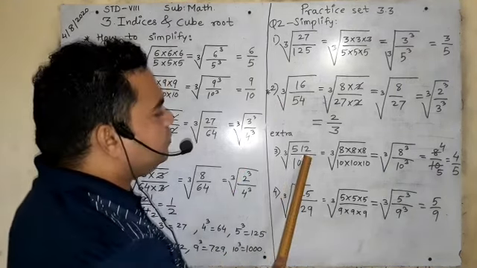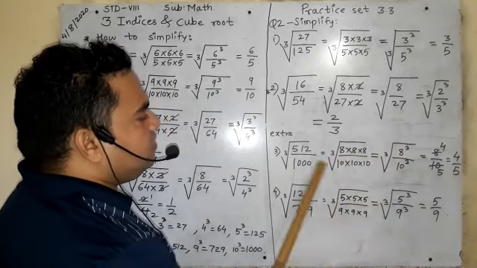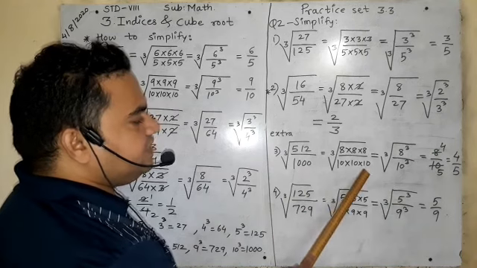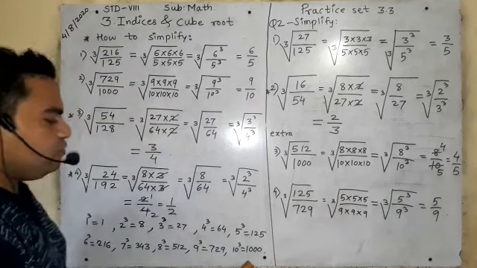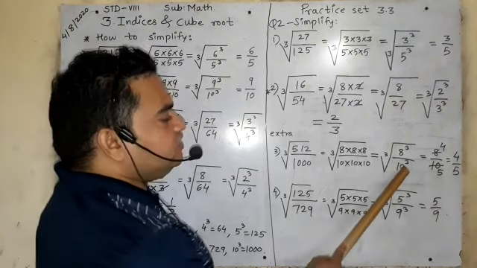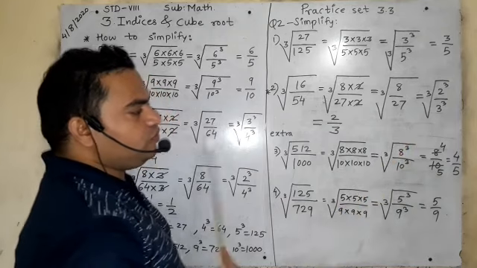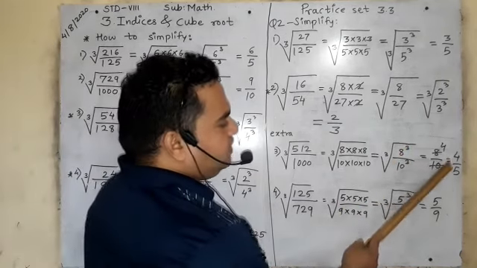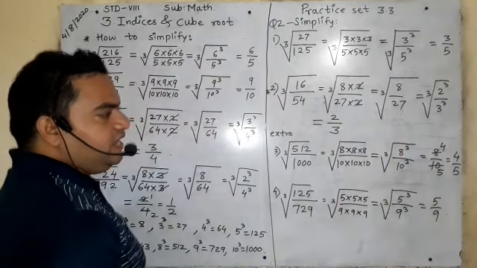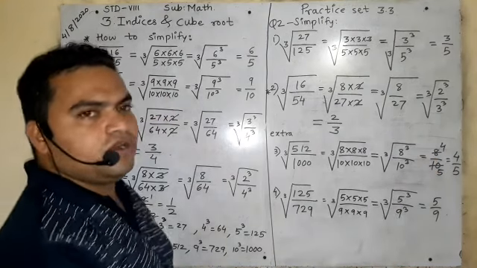See here, 512 cube root of 8. 8, 8, 8. 8 cube. 1000, 10, 10, 10. Is it clear? 1000 is a cube root of 10. So I will write 10 multiplied by 10 multiplied by 10. So indices form 8 cube and 10 cube. By taking cube root ले लो, it will be 8 upon 10. So 2 4s are 8, 2 5s are 10. So answer will be 4 upon 5.